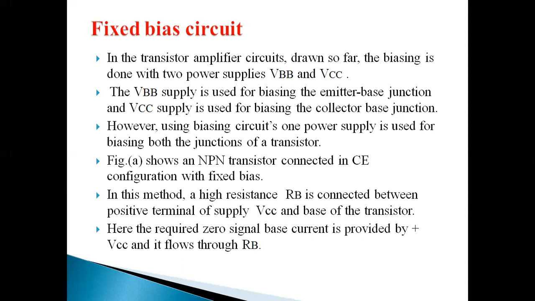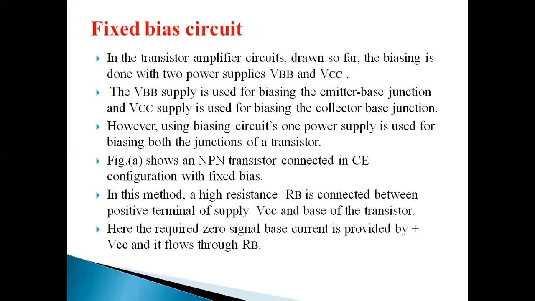Let us see what the essentials of transistor biasing circuits are. It should ensure proper zero signal collector current, and it should ensure that VCE does not fall below 0.5 volts. Establish the operating point in the center of the active region of the transistor characteristics. Stabilize the collector current against temperature variations, making the operating point independent of the transistor parameters.